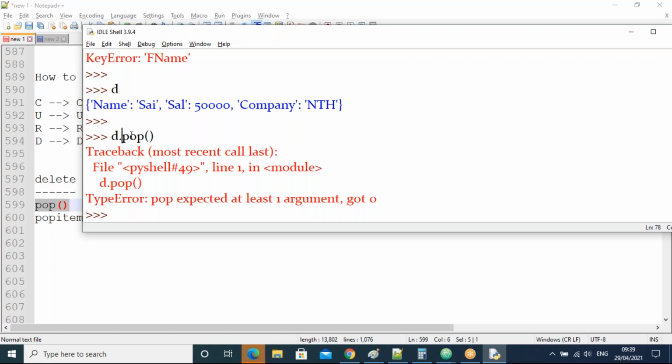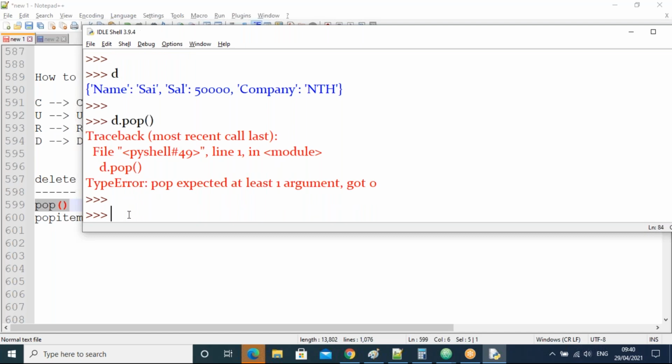That means the pop compulsorily requires one argument in the dictionary. In case of list it's optional; if you don't specify an index number, it will remove the last element by default. But here, if you don't specify any key name, it will throw a TypeError. So the pop function mandatorily requires one argument.